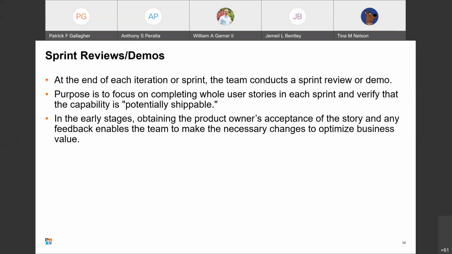At an early stage, the team wishes to gain acceptance of the story from the product owner because it should meet all the defined acceptance criteria and to get early feedback from other stakeholders, which may unearth changes or additional undefined requirements. Sprint review then is used to review progress on the overall product and to get feedback early while it's still relevant, if certain aspects of the solution need to be changed or enhanced in certain ways.